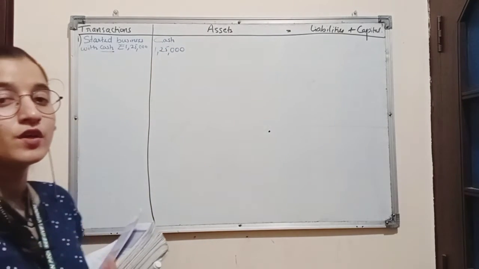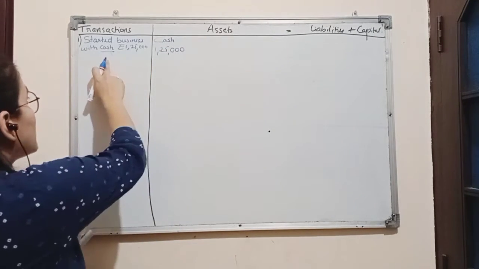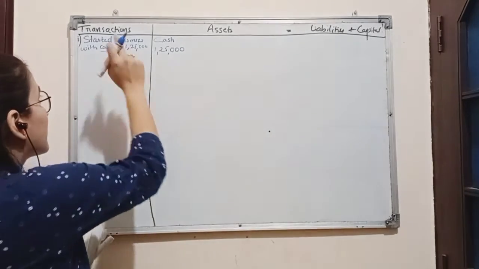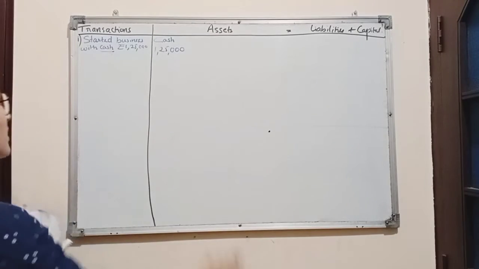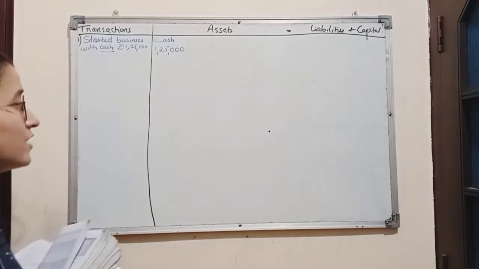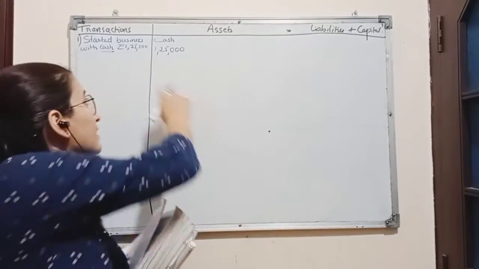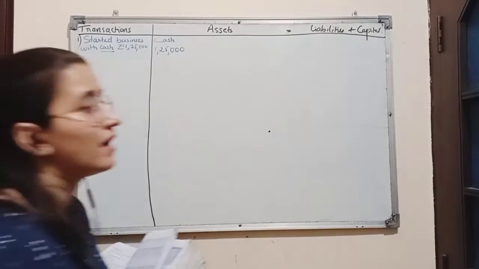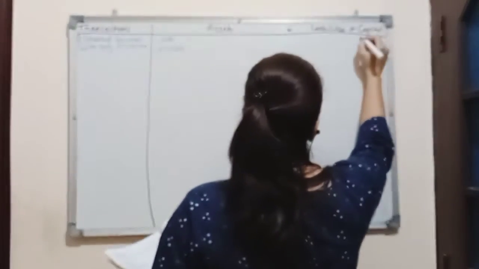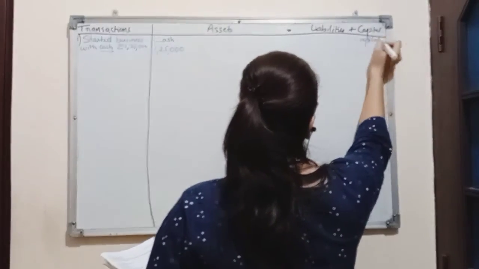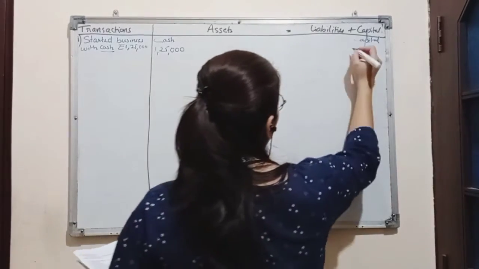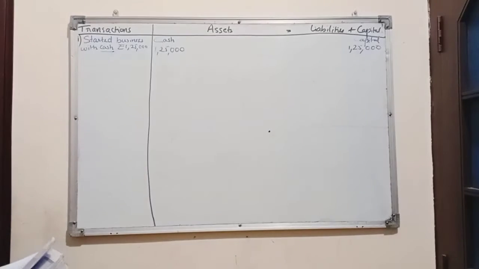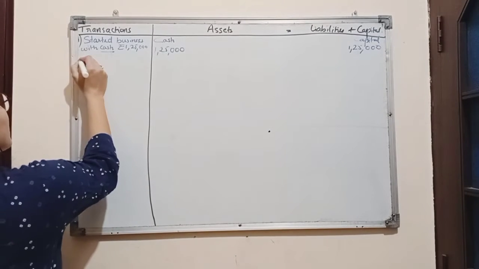1,25,000. So if the business is starting with cash, this amount is a capital for the business as this amount is a claim against the firm, because 1,25,000 cash which is invested in the business, it is a liability for the business also, and this cash is considered as capital for the firm. So here capital column is open and it will be recorded with the amount 1,25,000.